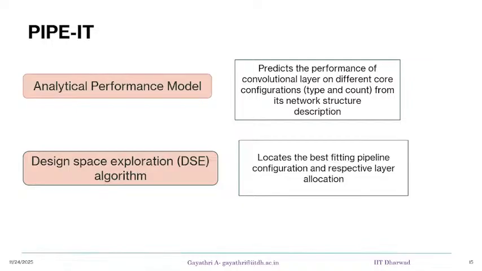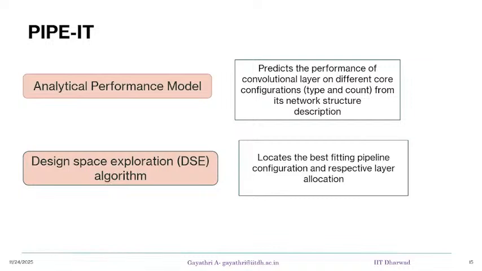In our case, we tried this on a small board which had 8 cores. What we wanted to do was build a model to predict the time it will take for so many layers: if this is the configuration, if you use 2 big cores, this will be the time taken. If it is 4 small cores, this will be the time taken. If it is 2 small and 1 big, this will be the time taken, and so on. If you build a model like that, you could use it at runtime